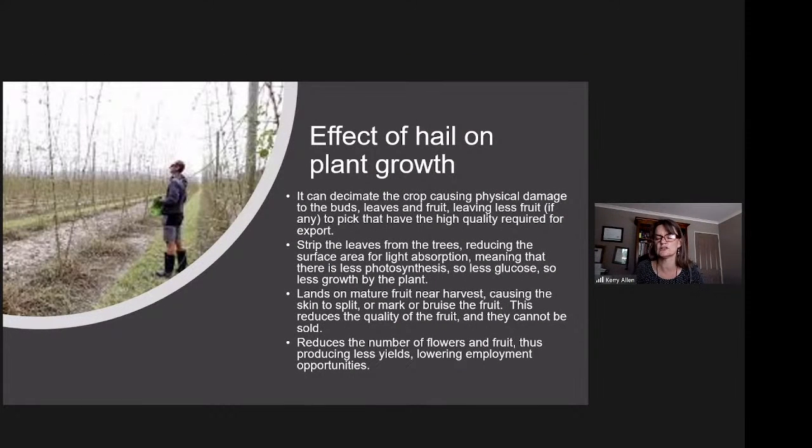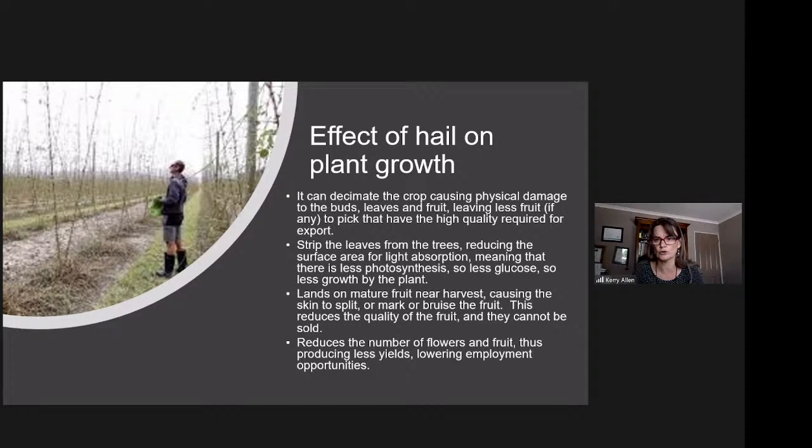Hail usually causes extensive physical damage. It literally just smashes the crop up. If you don't have leaves, you don't have photosynthesis, so the plant can't continue with its normal functions. If you have fruit on the plant when hail hits, it damages the fruit and you can't sell it. So two years ago